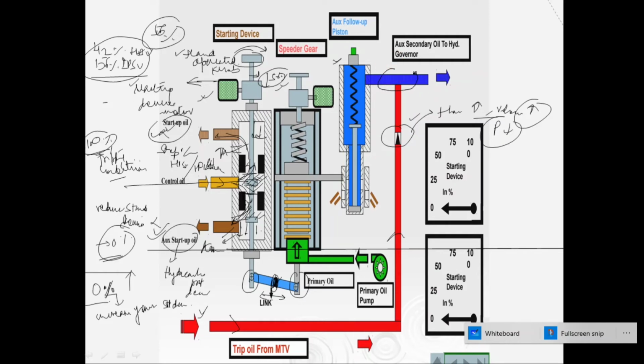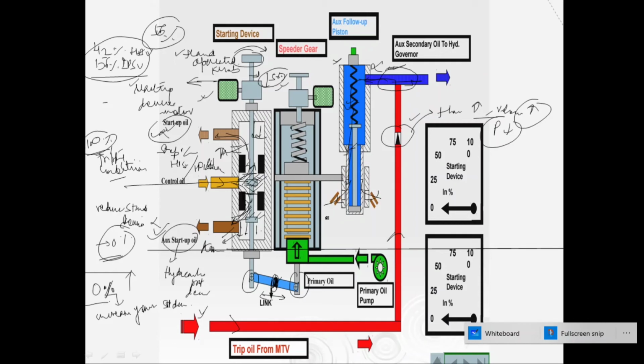Okay, so while resetting and taking into consideration the starting device, you will see that in any condition governing valves need not be opened before stop valve opening. So this pressure needs to be reduced, or the whole system is connected to drain condition. For that, this sleeve, you can see this is trip oil, the path is like this, and this trip oil should be in drain condition.